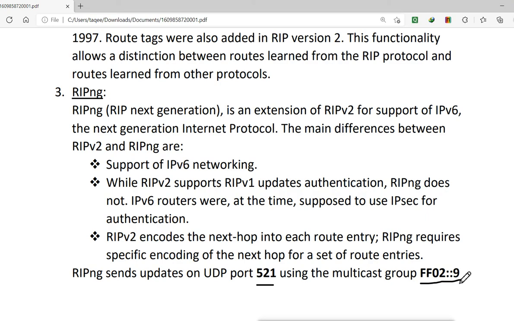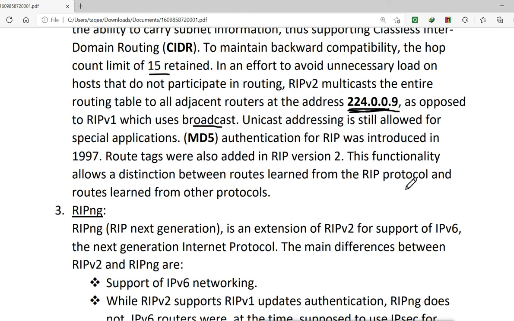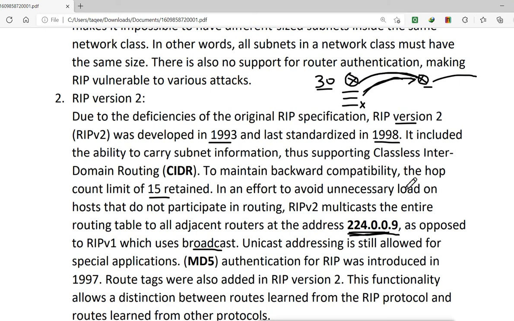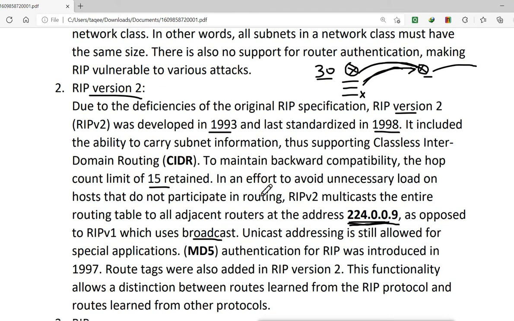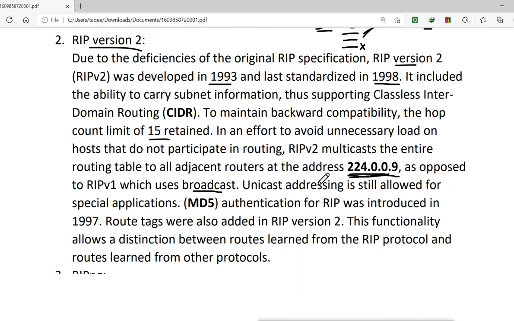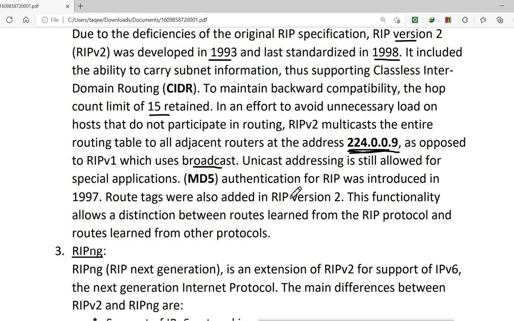So RIP version 1 had a lot of problems, and the problems were solved in RIP version 2. It supports classless routing, it can support VLSM, it does multicast instead of broadcast, and it does triggered updates. It also has the authentication feature which was not available in RIP version 1.